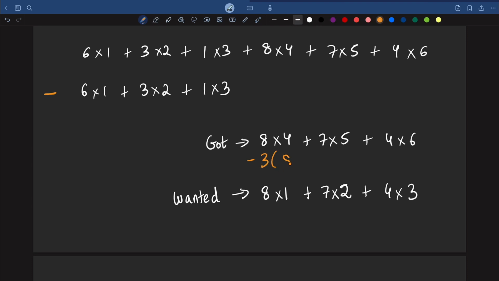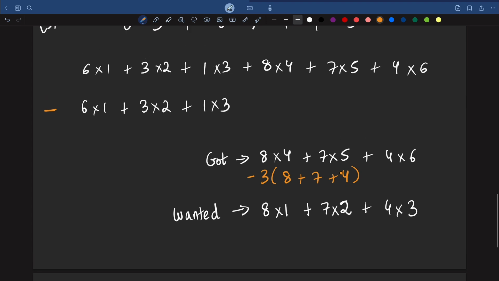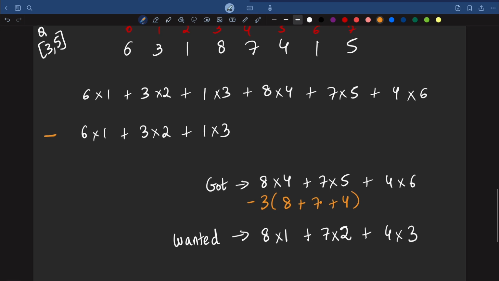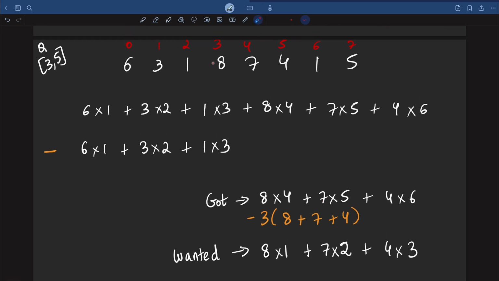So the answer would be minus 3 common, right? So 8 plus 7 plus 4. This is how the new subtracted value would look. And what is this 8 plus 7 plus 4? This is nothing but the normal summation for the range L to R, right? So let's write that again, into normal summation, that is prefix sum